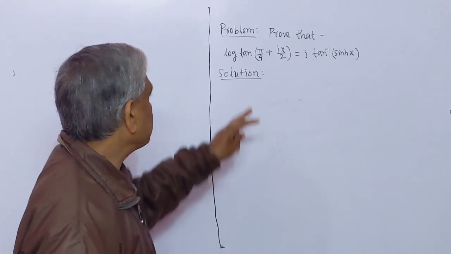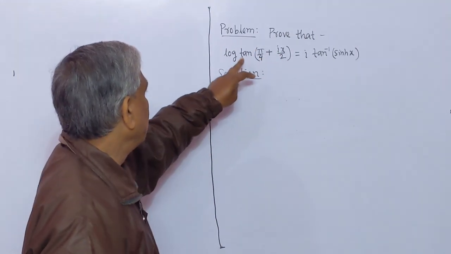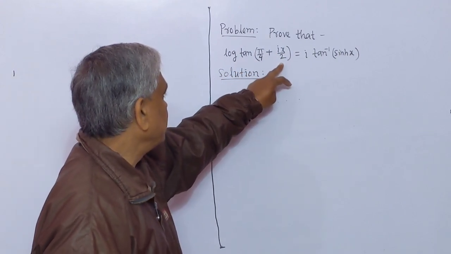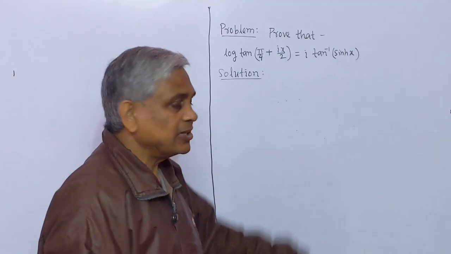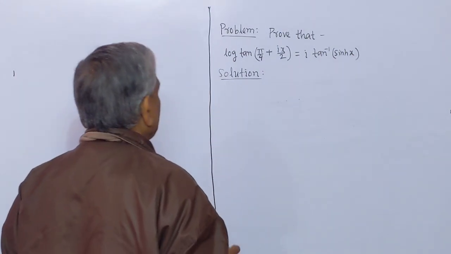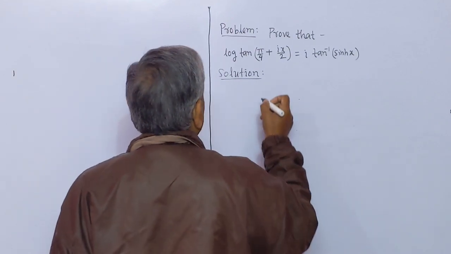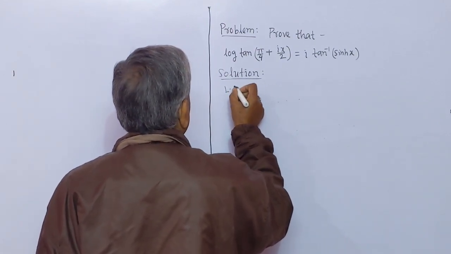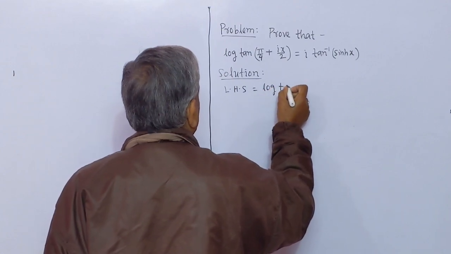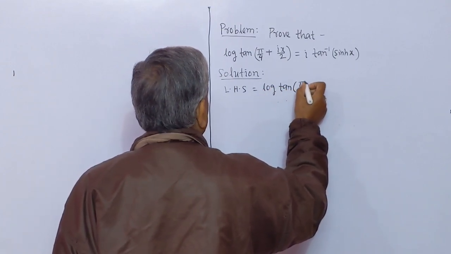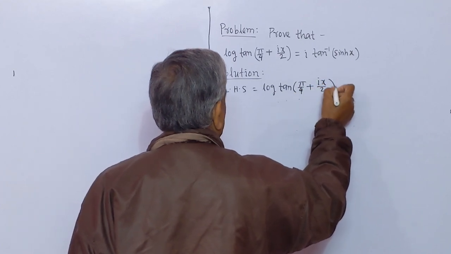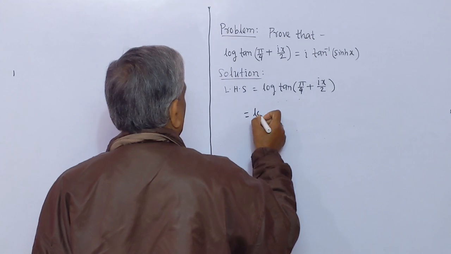Now we solve the next problem. The next problem is: prove that log tan(pi/4 + ix/2) equals i tan inverse(sinh x), hyperbolic x. Now we solve this. Left side equals log tan(pi/4 + ix/2). This is equal to log